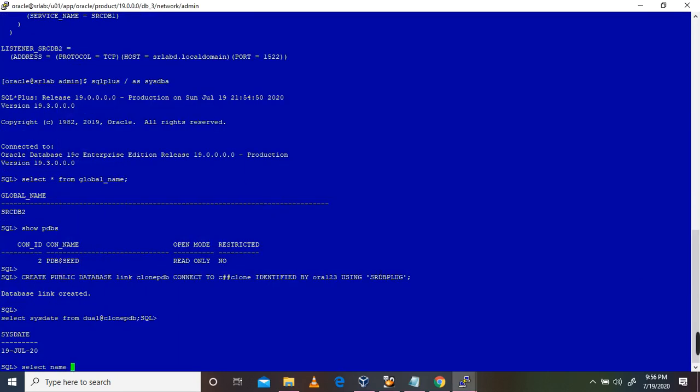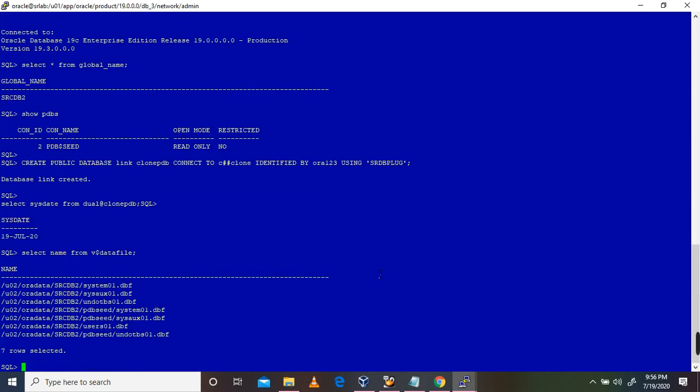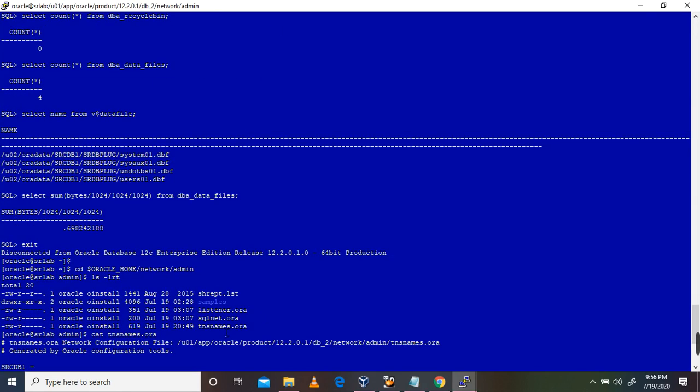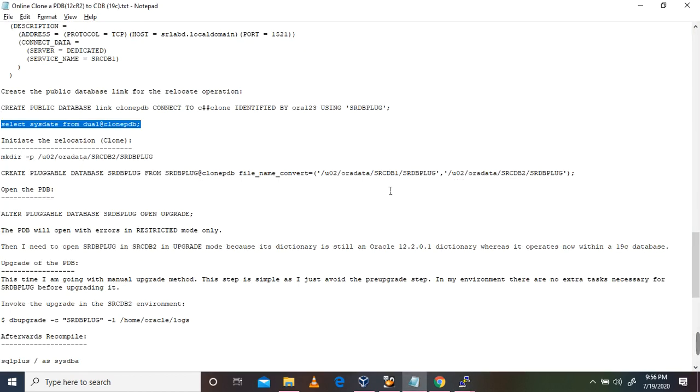Select name from file. So here we don't have any plug name, so we need to create that directory, because from here it is going to this container plug.